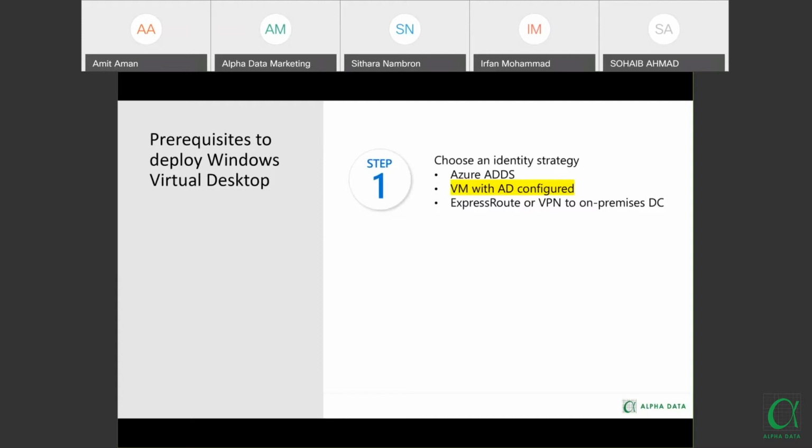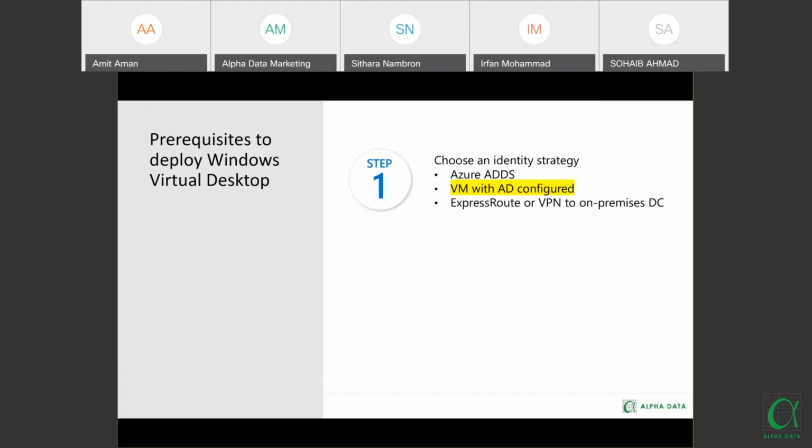So there are multiple options. The first one is the Azure PaaS service, Azure Active Directory Domain Services, which is a platform as a service offered by Microsoft Azure. You can use an IaaS service: you can create a virtual machine on Azure and get your Active Directory configured on top of it. The next one is ExpressRoute or VPN to the on-premise data center.